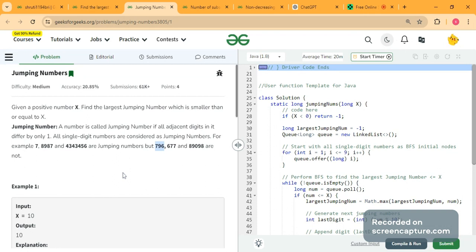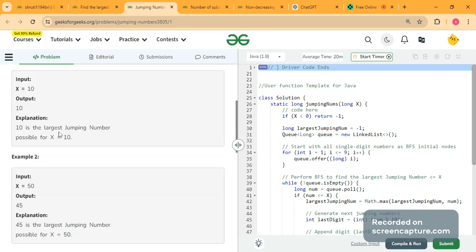Now, for example, if we are given that x is 10, what can be the possible jumping number? We can check whether 10 is itself a jumping number or not. 10 is a jumping number because the difference between 1 and 0 is 1 only.